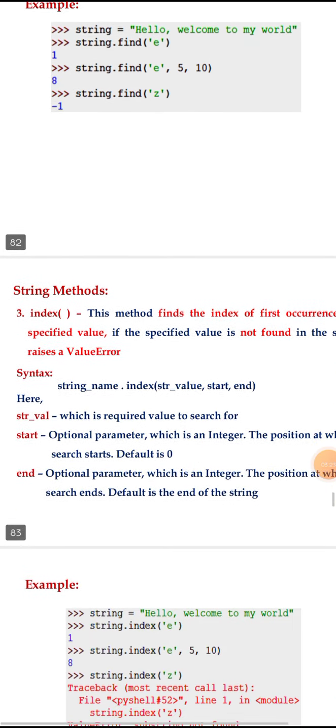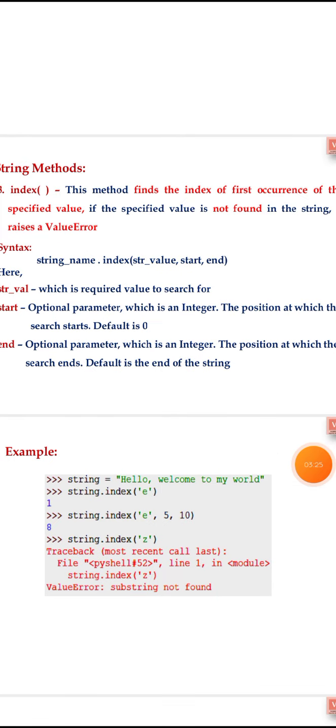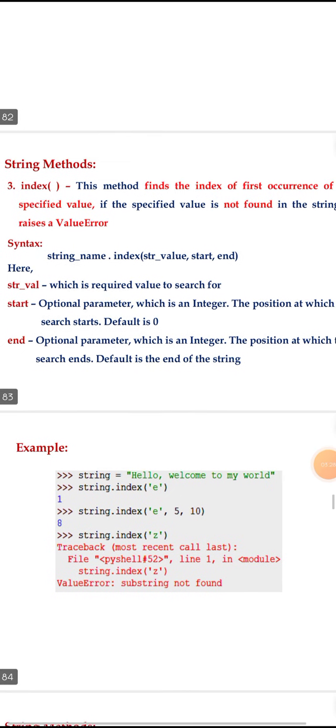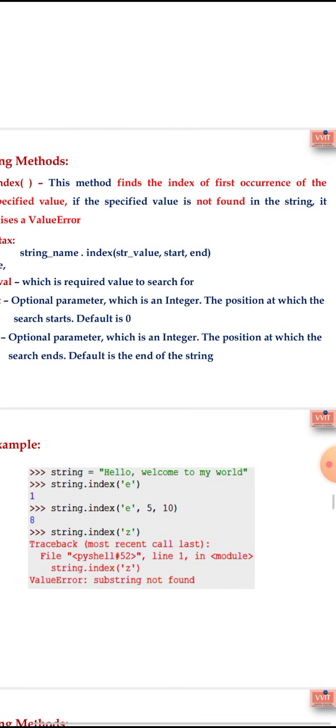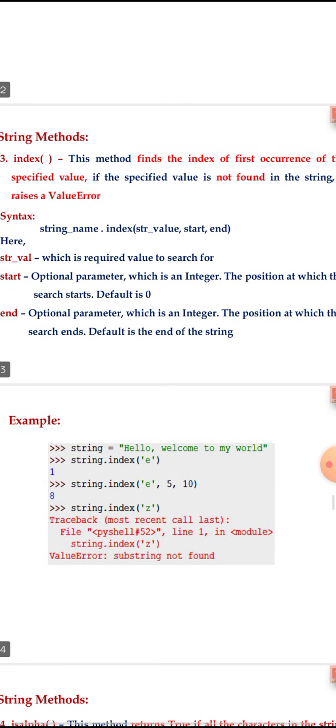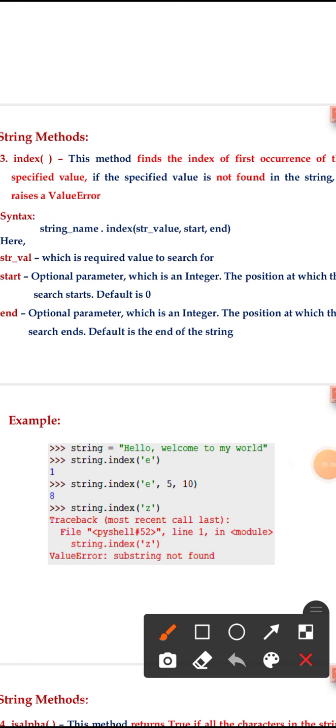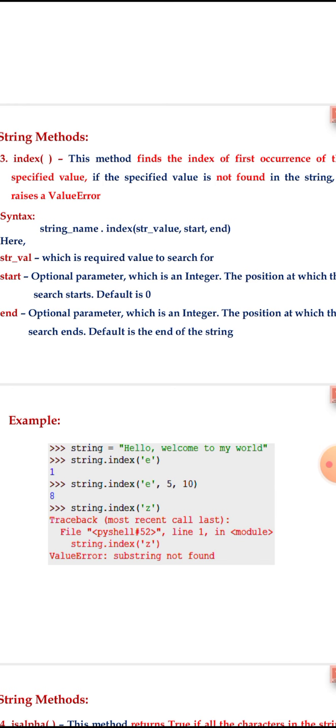The next one is index. This method finds the index of the first occurrence of a specific value. If the specified value is not found in the string, it raises a ValueError. Let us take an example. The string is "hello welcome to my world". String index E: the first occurrence is at index 1, so it returns 1. String index E starting from 5 to 10 finds E at the 8th index, so it prints 8.